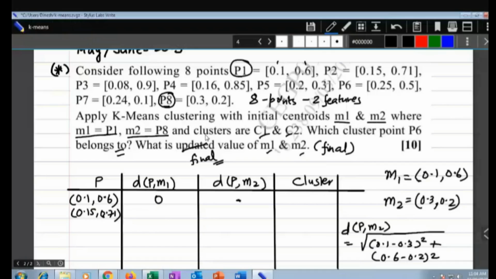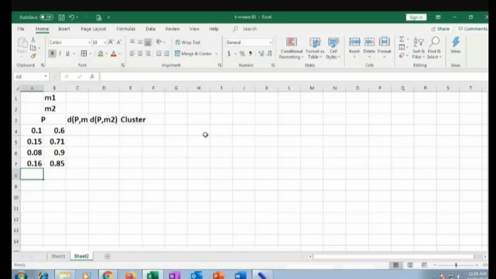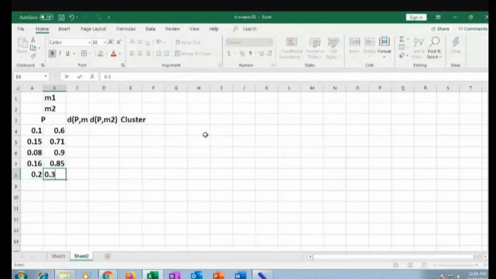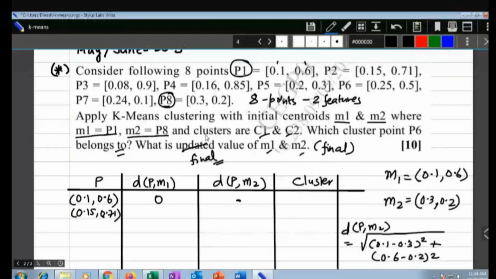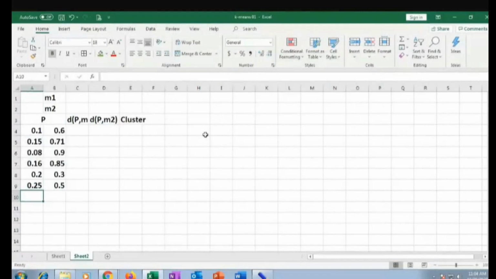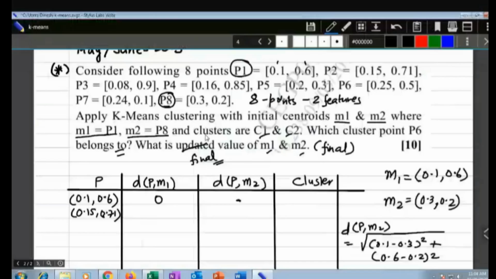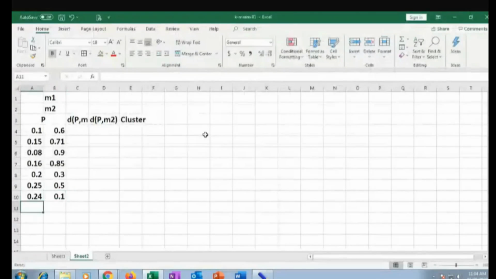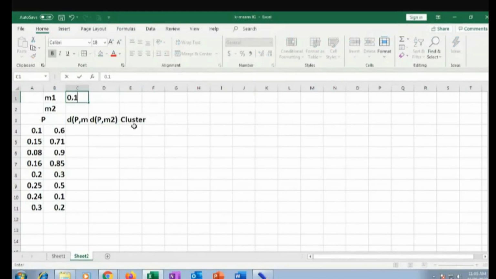Then 0.2, 0.3, then 0.25, 0.5, 0.24, 0.1, and 0.3 and 0.2. Okay, so M1 is 0.1 and